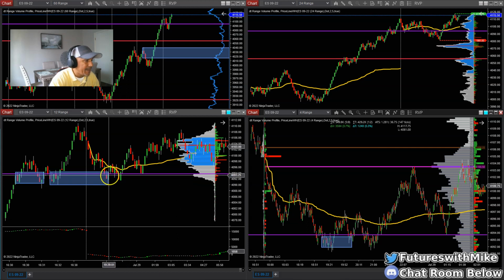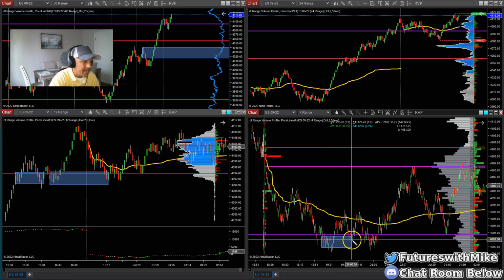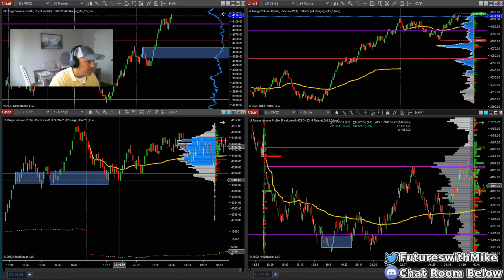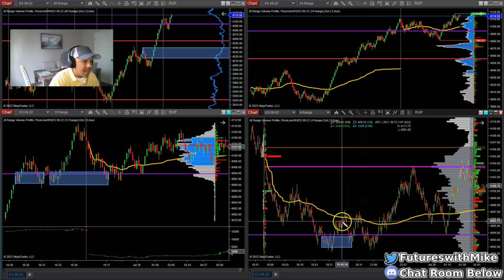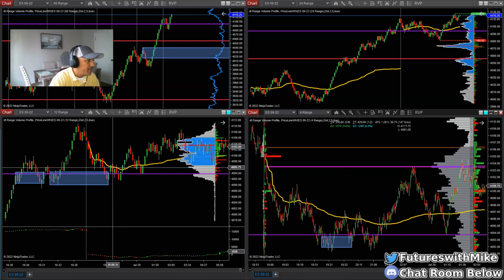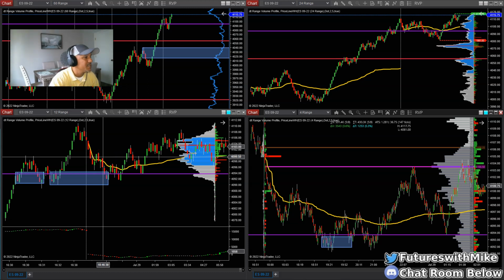So if the action happens right here, where I'm getting ready to go long on the pullback, which here is going to be at 8 o'clock, which would be pretty much this candle right here, I can take it back up to the high right here, but also I look at my 12 range chart and I see, okay, there's some untested area where price could actually push a little higher. So I'm in the trade pretty much right here. I take it back up to this next swing high pretty much off the 12 range chart. So you've got to kind of see that in a sense.